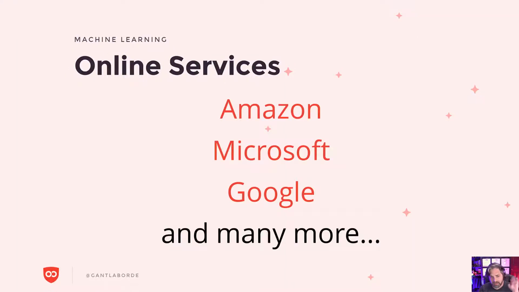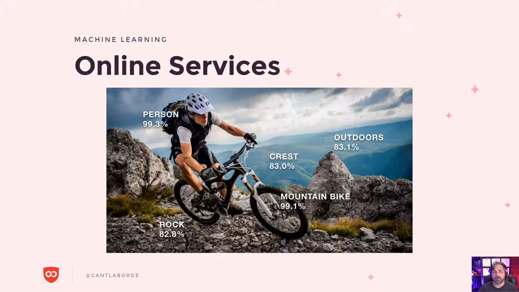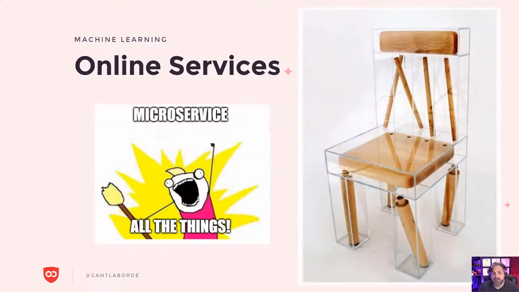So one of the things that I'll say is that people tend to lean on these online services where you can say, all right, Amazon, Microsoft, Google, here's a photo, tell me what the hell's going on in there, and then it tells you what the hell's going on in there. The issue I have with this is that we are limited by having to be connected. The round trip to the server is very slow. It's not offline friendly, and we have this difficulty: is it telling us what we even care about? And then finally, of course, be careful with how many microservices you start using before you're not actually building the thing you thought you were building anymore.